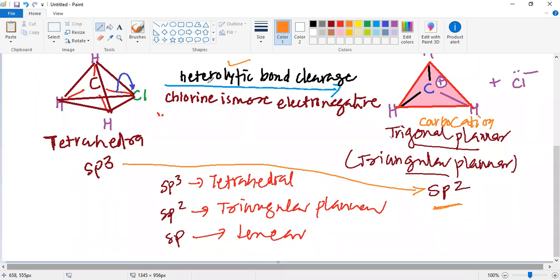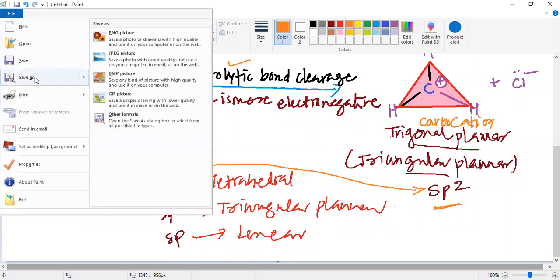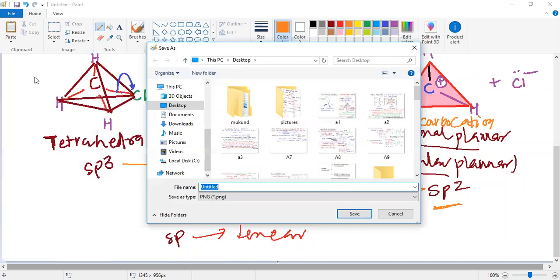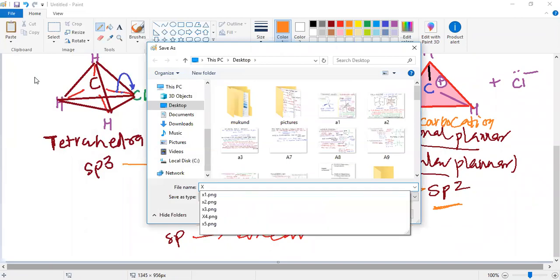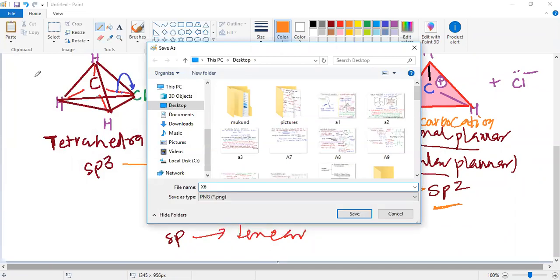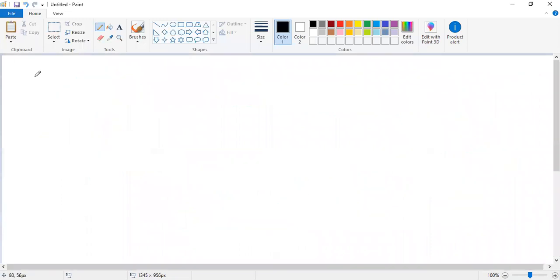And in carbocation, my dear students, we have sp2 hybridization, and sp3 hybridization turns into sp2 hybridization in this particular case. So if you have any doubt, you can ask me, or we may move to the next question. Let me give you some questions so that you can answer them and we can revise the topic that we have learned.